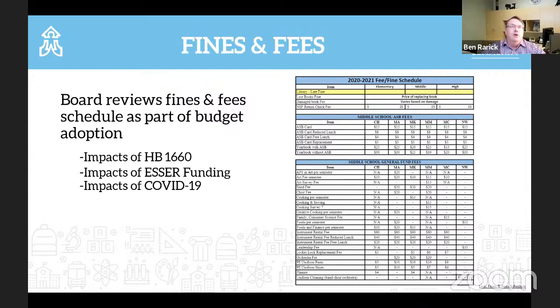But there's certain classes where we charge for disposable workbooks, and that's certainly legal, but it doesn't mean we have to. And if we do, we should certainly do it equitably. So I'm glad you raised the question. A lot of people spend a little more time on it, but the board gets to see this schedule as part of budget adoption. And I would certainly welcome a conversation about how we can utilize the resources of ESSER to make some steps forward in how we do this process.